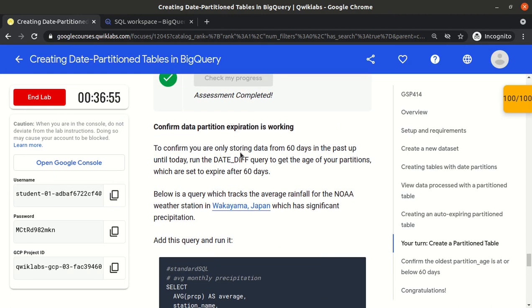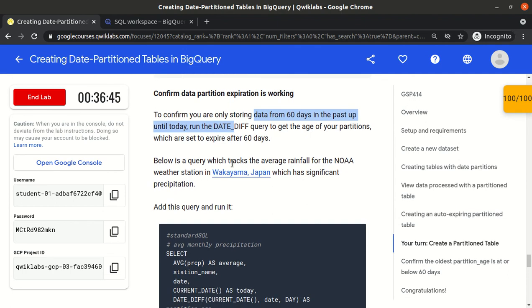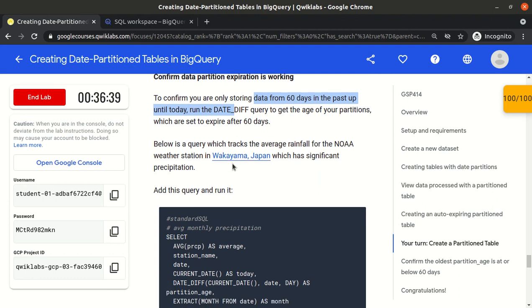To confirm that you are only storing data from 60 days in the past up to today, run the date difference. Because we set the expiry for 60 days, they are just checking.